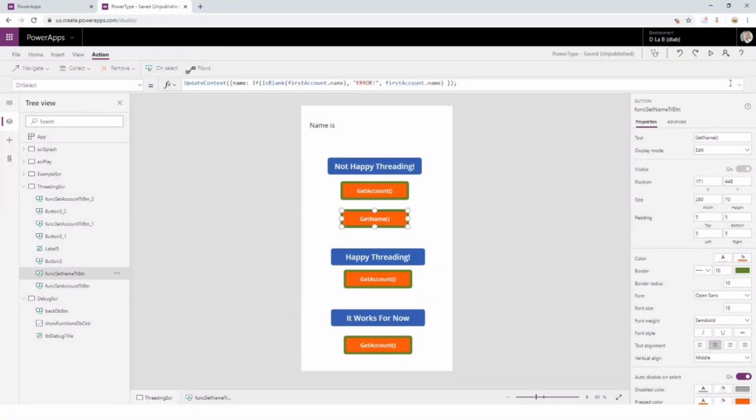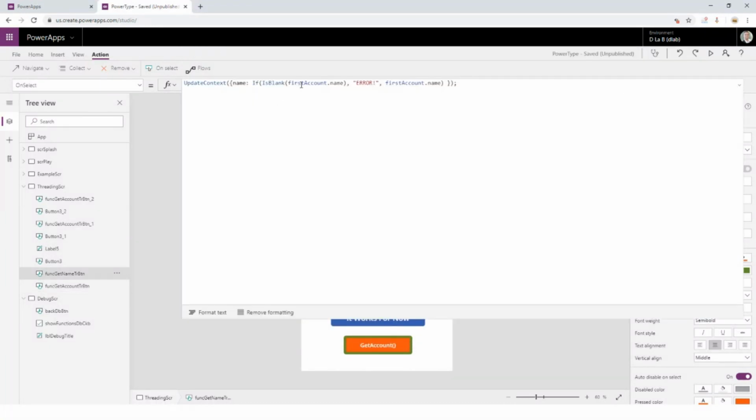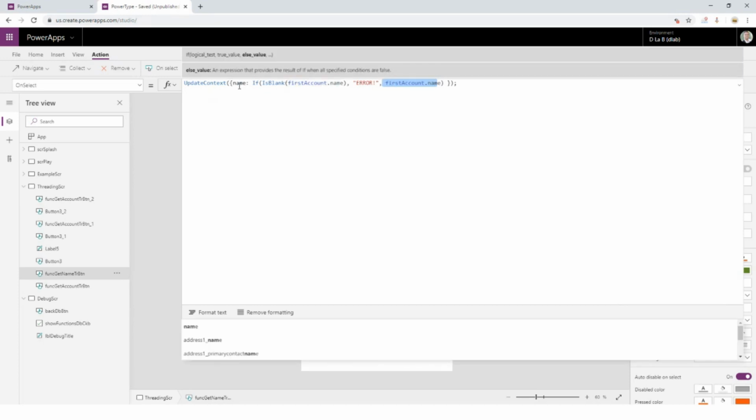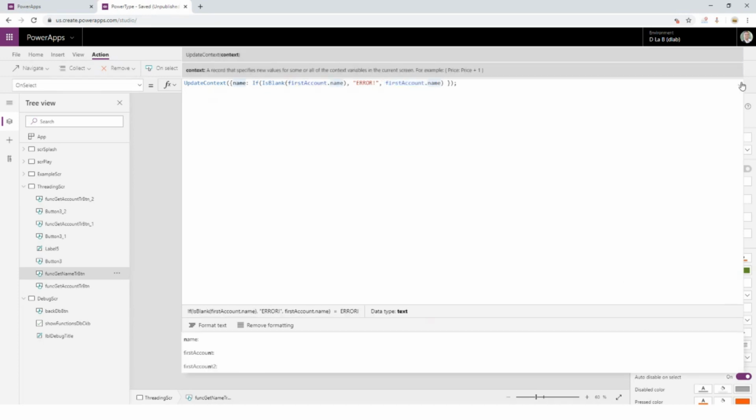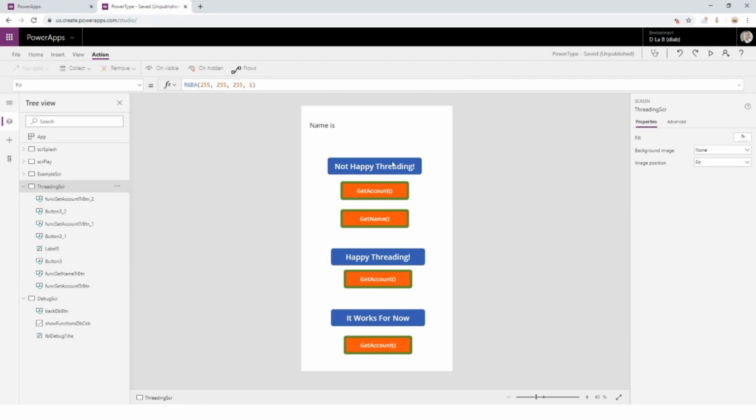And then the second one we'll process here, and it's going to check to see if it's blank. If it's blank, it's going to give an error. And if it's not blank, it's going to give the actual name and set that to the name. So if I hit my button here and actually try to call this,